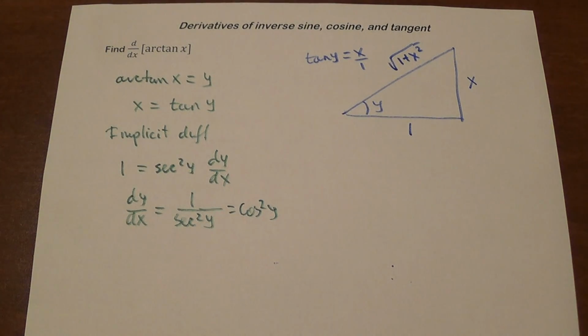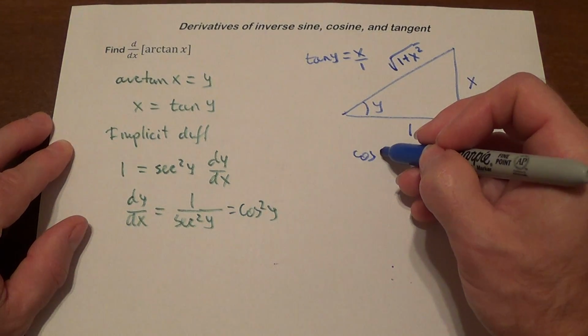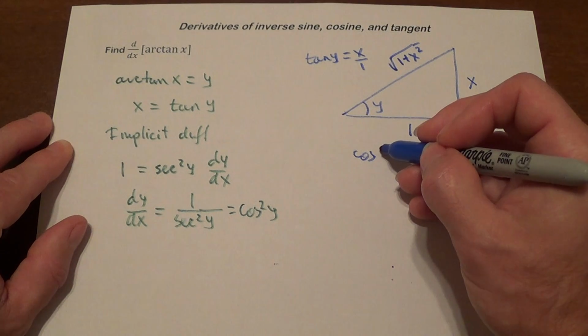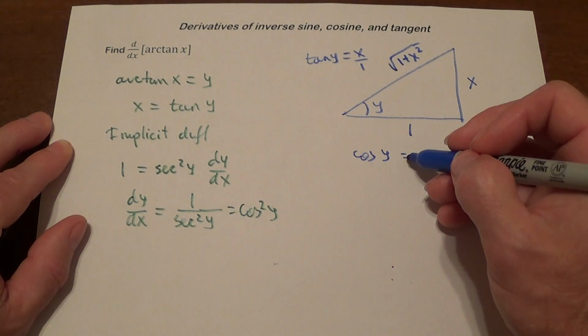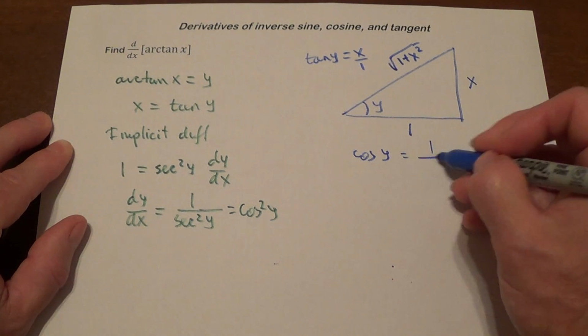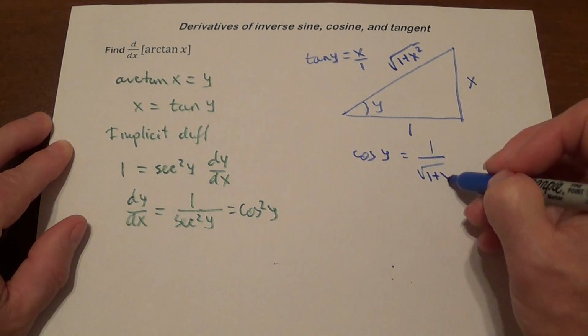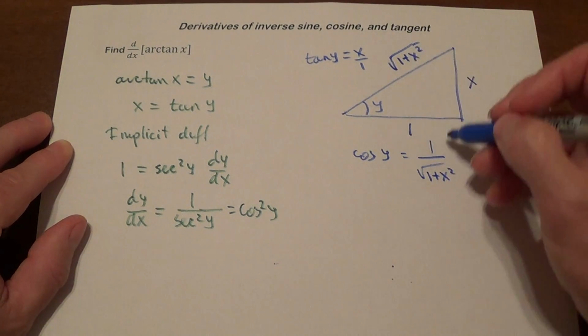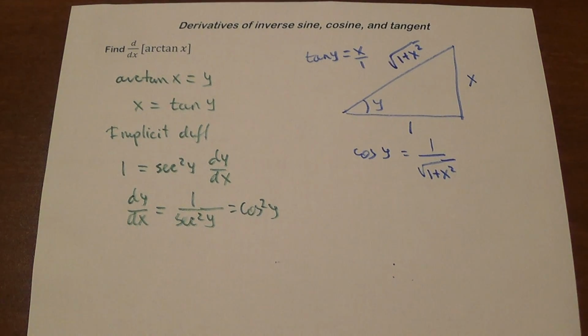Right? So then we're trying to do cosine, so cosine y is going to be adjacent over the hypotenuse, so it's going to be 1 over square root of 1 plus x squared. And then we substitute that into our formula,